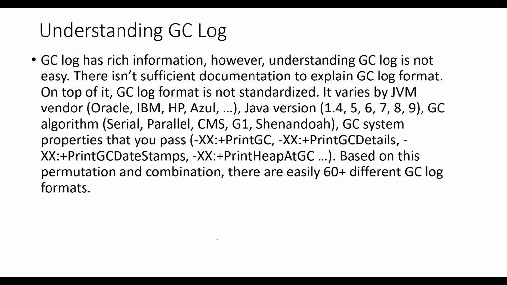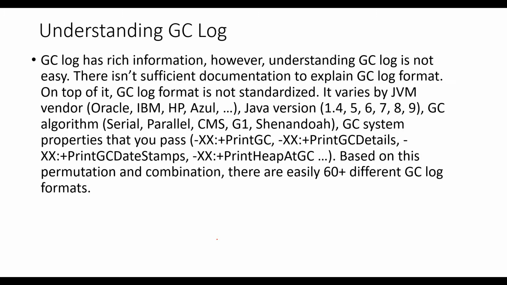That's why it becomes a little hard to interpret what the GC is printing inside your log file. This also varies by the type of JVM you are using. Now we are using HotSpot. It is different for HotSpot, different for Sun's JVM, different for JRockit, and for Azul it is again different. So there are multiple factors, including the Java version, which affect the structure of the GC log file, and sometimes it is difficult to interpret what is in the GC file.